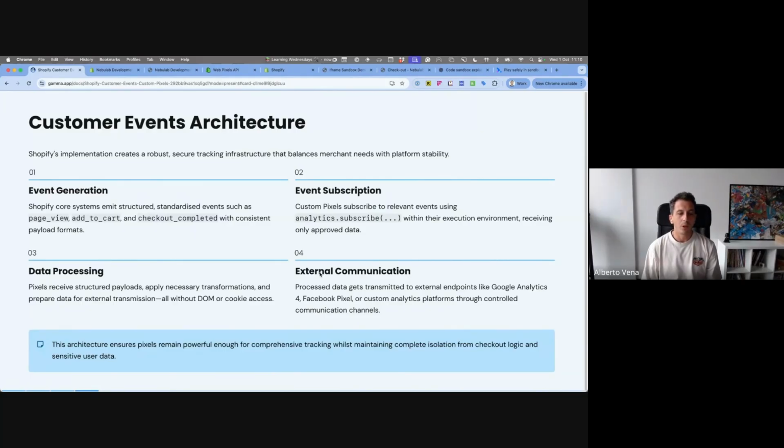For example, there are events emitted by Shopify, which are called the standard events, where people perform standard actions on an e-commerce platform, like a page view, an add to cart, or checkout completed. Then there are these pixels that can subscribe to these events, process the data coming with the event,